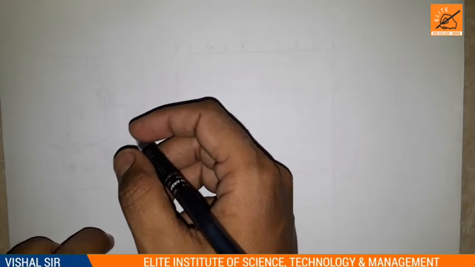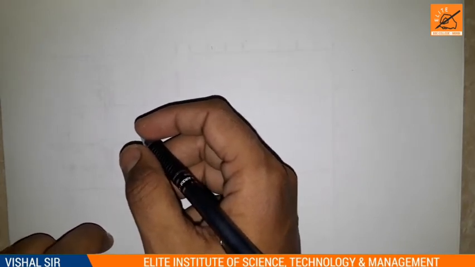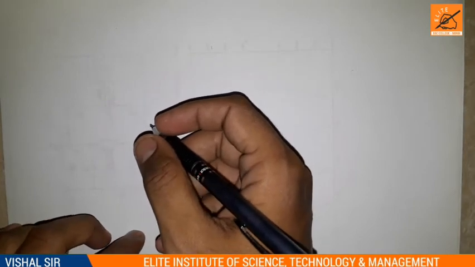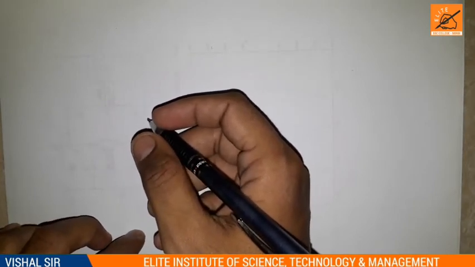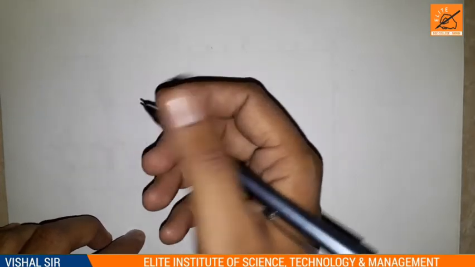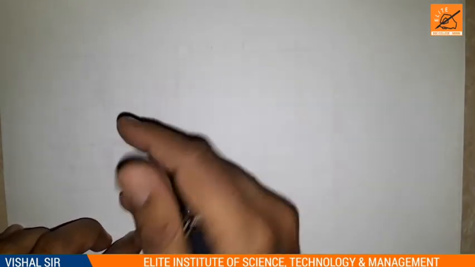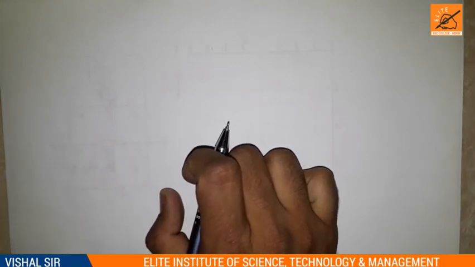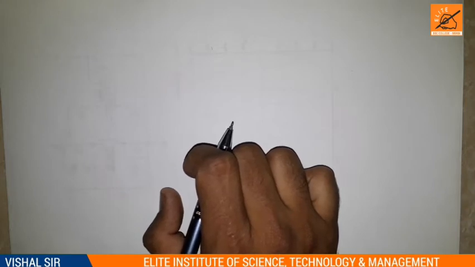Today we will discuss differential amplifier. So what is the amplifier? We know the meaning of amplifier. It will amplify the input given to the amplifier, and output will be amplified. It means the amplitude of the output will be increased through the amplifier. So in a differential amplifier also, the function of an amplifier works.